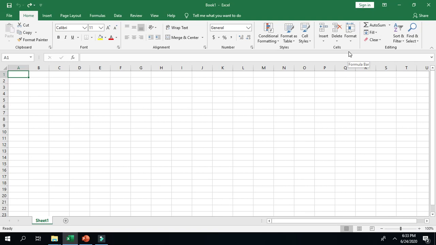So to enter the data in any cell, firstly we have to make that cell active. For example, if I want to write in the first box, I have to click on the first box. So then with the help of keyboard, we can enter the data in a cell. So next step is in Excel, either with the help of arrow keys on the keyboard or by using mouse, we can move from one cell to another.